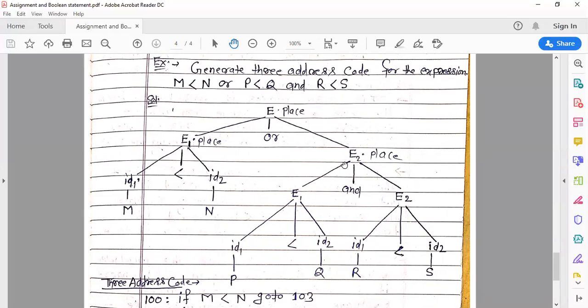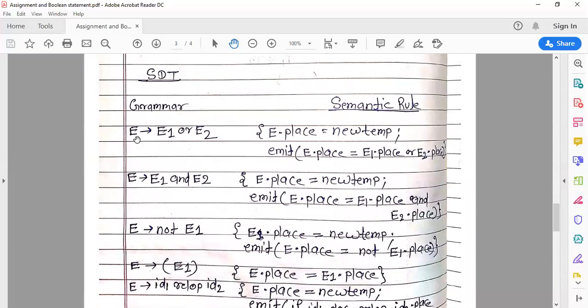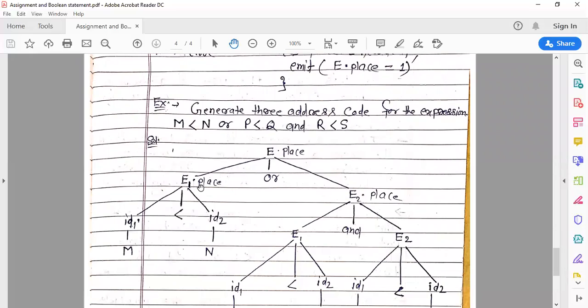Here we have the expression, and we have the production E derives E1 or E2. With the help of this production we derive E derives id1 less than id2. Here less than is the relational operator, id1 is m and id2 is n, and then or E2, where E derives E1 and E2.